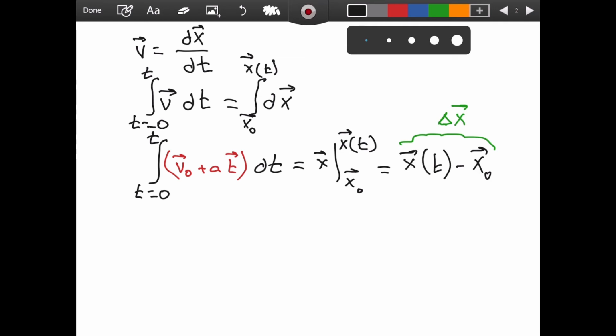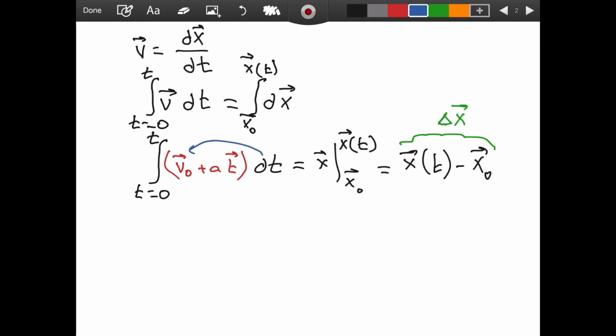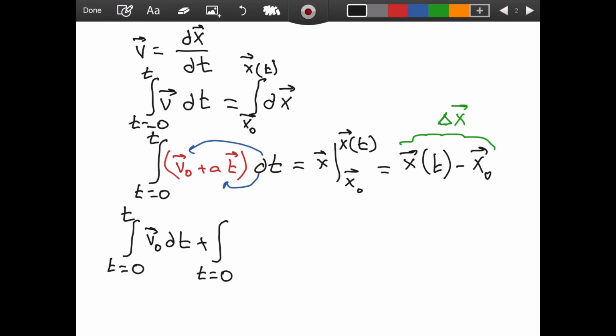Now, what is the integral on the left? To do that, I am going to distribute this dt like this, and then I am going to break this integral into two integrals so that we will be able to deal with them. Now, the first integral is v naught dt, starting from t is equal to 0 to t. Then we have the other integral, which is, again, starting from t is equal to 0, going up to t. And this time we have